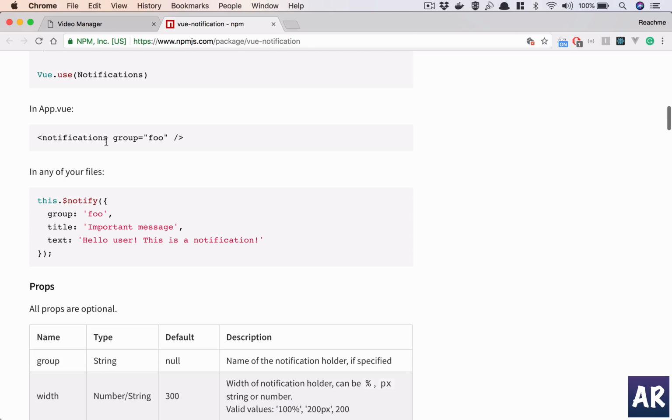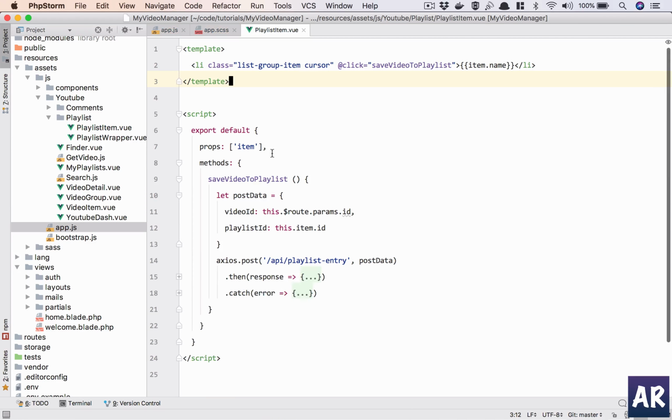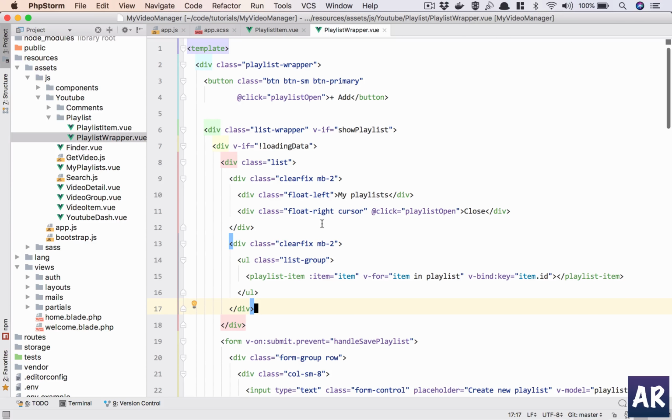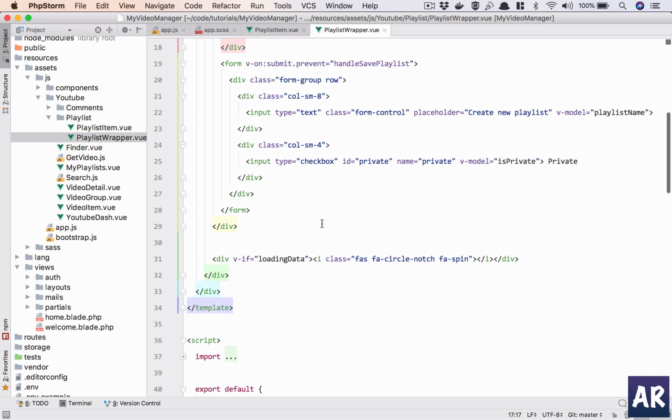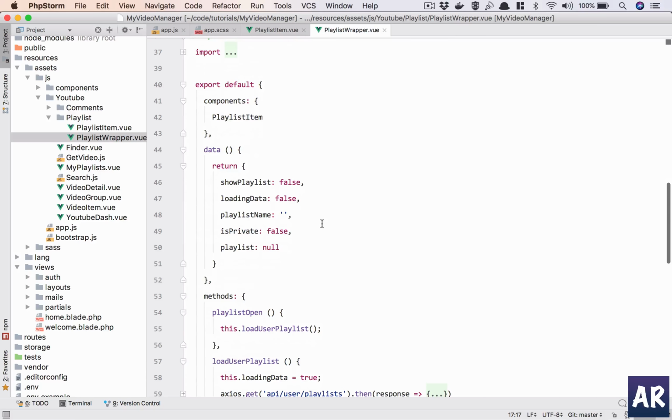In my app.vue, I need to add this. Okay, so I can add this in my component. Which component should I add it to? Now that's a question. So what's our structure? This is our playlist item. This is an individual li. I'm not a very big fan of adding events inside these components. So why don't I do one thing? This is my wrapper, right? I have the add button, and yeah, I think what we can do is,